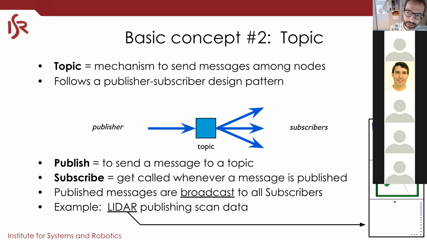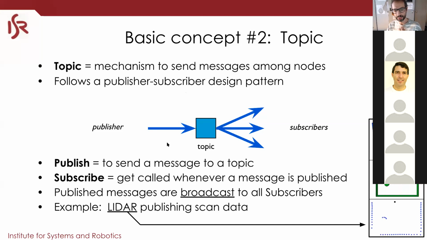You send a mail to a mailing list, the publisher is the one that sends a mail to the mailing list, and everybody subscribed to that mailing list will get that mail, okay? And this is the pattern, a broadcast pattern, okay? And there are two roles. It is the role of the publisher, which is the entity that sends a message, and the subscriber, which is the role of receiving those messages. Okay, one published message is sent to all of the subscribers.